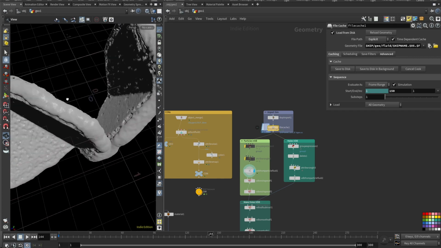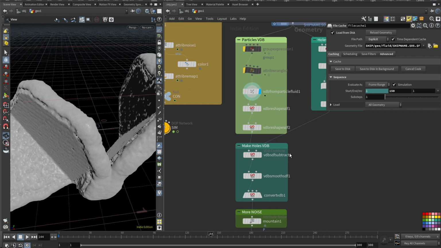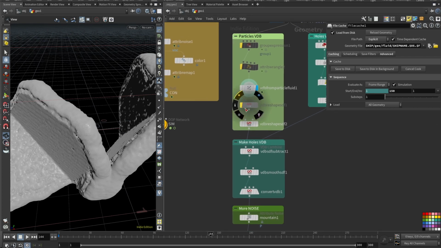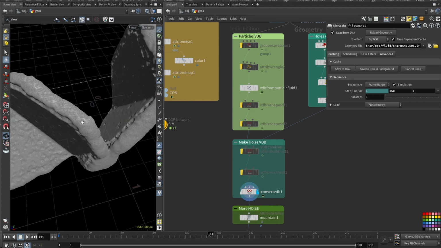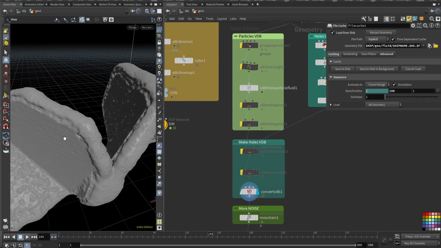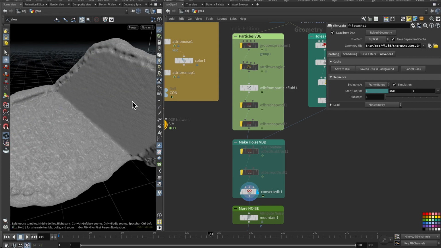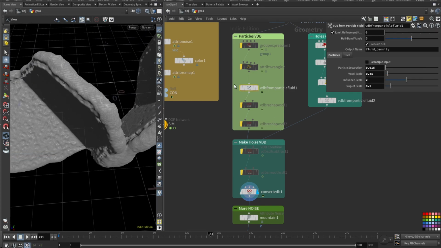But here is our mesh. And if we bypass all of these and just convert it to polygons, you still can see that, I mean, we won't see this part or this part, it will be just this. And here with this VDB from particle fluid, be sure to uncheck resample unit and check limit refinement iterations,